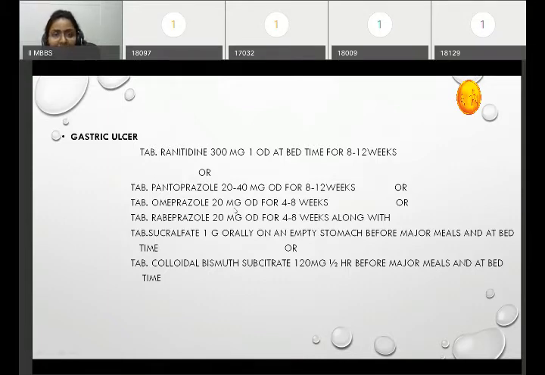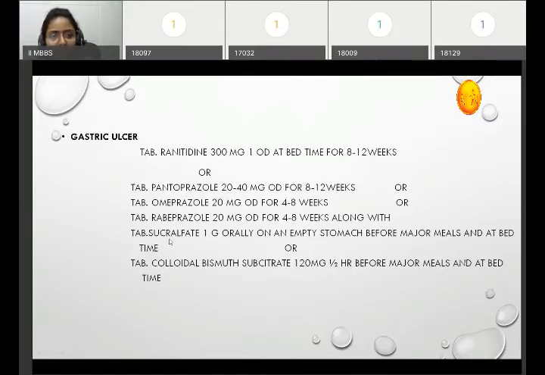The maximum acid secretion duration is reached by this omeprazole drug. Okay. Then what else I am going to tell you is these proton pump inhibitors bring about healing of ulcer in 4 to 8 weeks, while the H2 blockers heal ulcers in 8 to 12 weeks. So this is the duration for these drugs that you should remember and write while writing the single drug therapy.